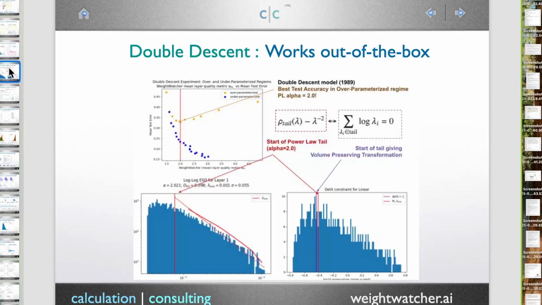So this is a problem with statistical learning theory, because they didn't really understand how to deal with this phase behavior. What I want to show you is that if you apply WeightWatcher to the original double descent problem from 1989, it works perfectly. So in this problem, what they're doing is they take a linear regression model and fit it to a bunch of binary labels, in a massively over-parameterized system, with almost an exponential number of binary labels. And you find that when you do this, there's an over-parameterized and an under-parameterized regime.